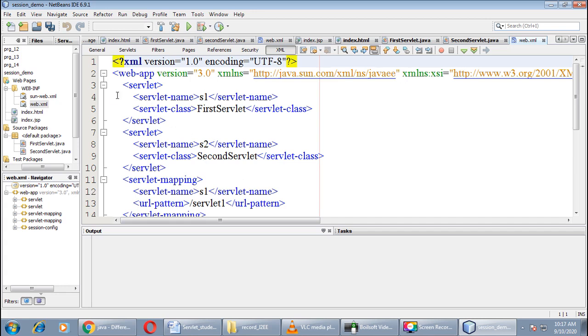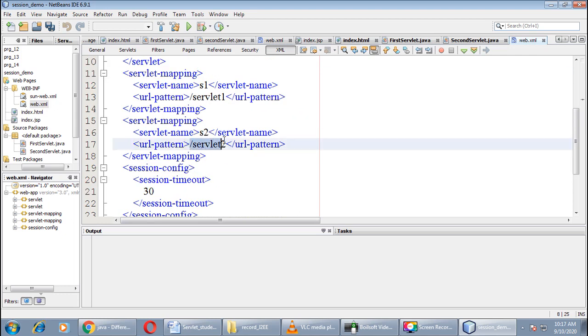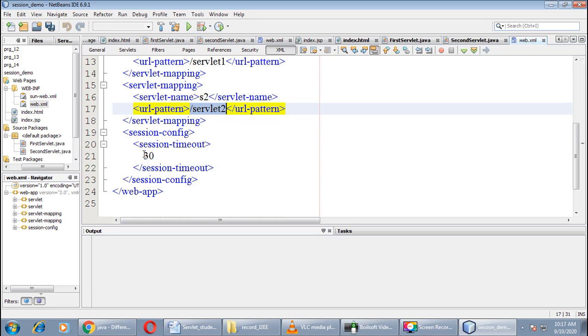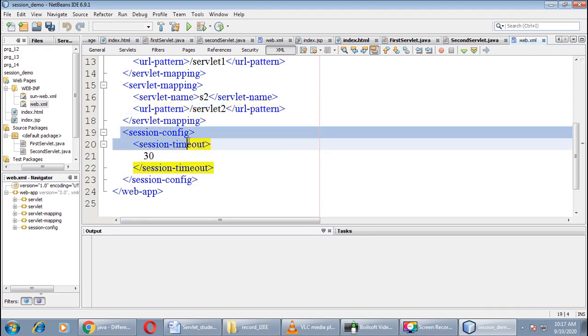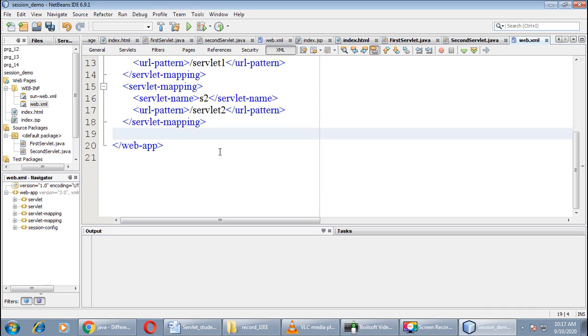You can see that the servlet name is s1, the servlet class is FirstServlet, and the URL pattern for this servlet is /servlet1. Similarly for the second servlet, the name is s2 and the URL pattern is /servlet2.